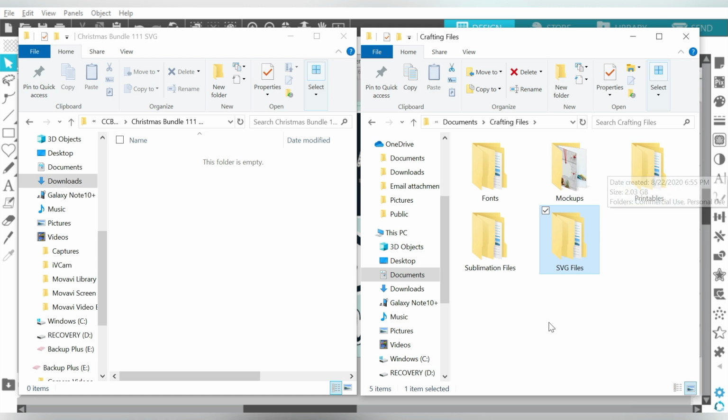So it's not that you can't keep all the different formats. Number one, do you really need all the formats? And if the answer is yes, then think about organizing them like this. So if I'm in the mood for a sublimation folder, I can come into my sublimation files and locate one that's specific to sublimation. Okay, so you may ask yourself, well, Becky, I use SVG files for sublimation too. Yes, I know. Like, I don't know that there's a perfect system, but I really like doing it this way, and I think that you'll like doing it this way too, especially if you're just starting out.